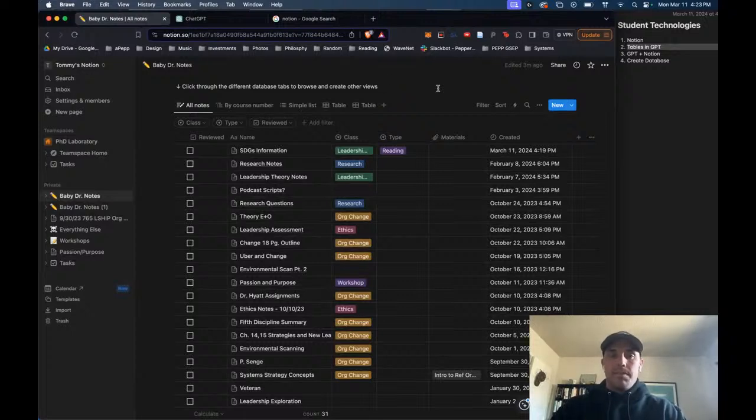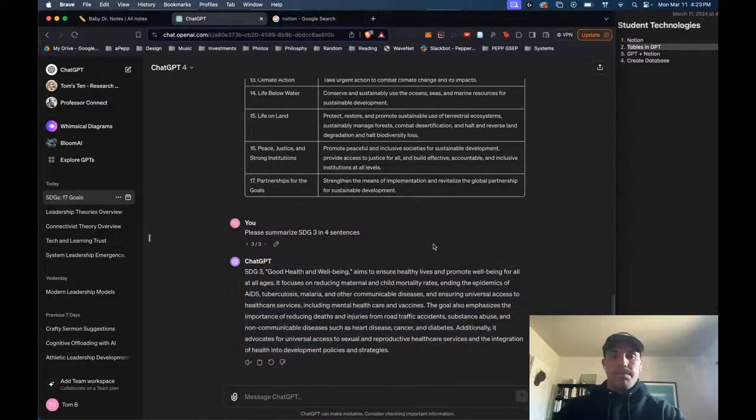So 2 things. Actually, we're gonna do one more thing while we're here, because I said I would talk about custom GPTs. So I found a cool custom GPT. It's called Whimsical Diagrams, and it will create charts, diagrams, depending whether you give it data, you give it information. But what I could say